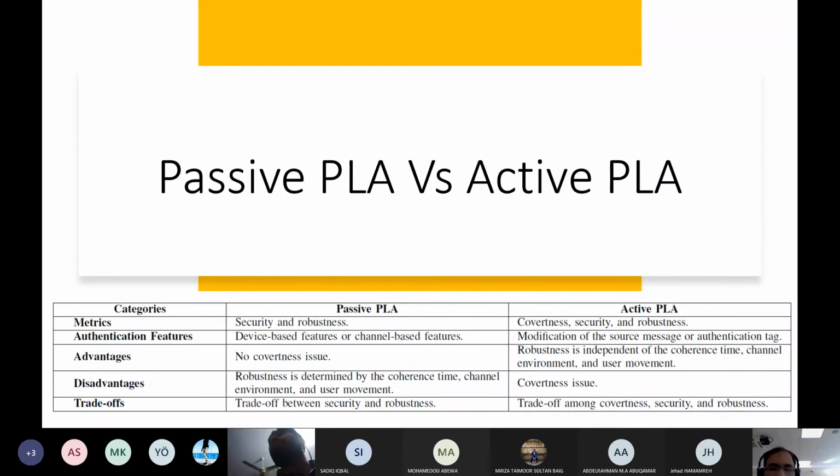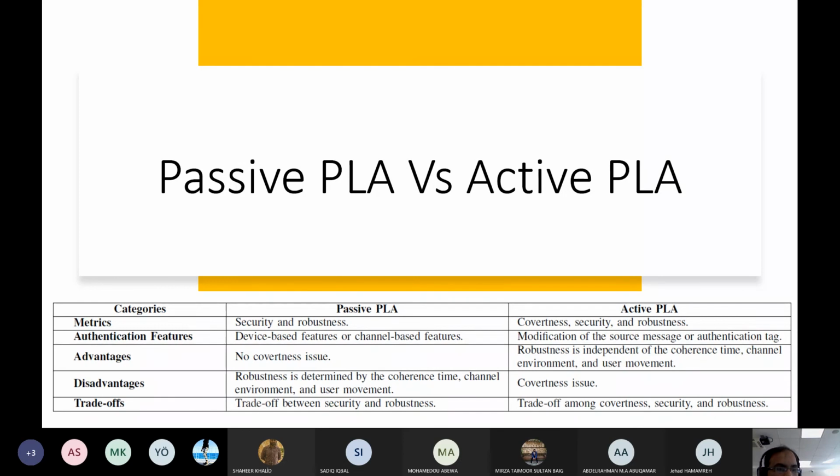In active physical layer authentication, there are three important things: covertness, security, and robustness. Not only do we need to consider robustness and security, we also need to consider how covert it is, or the level of covertness you want.